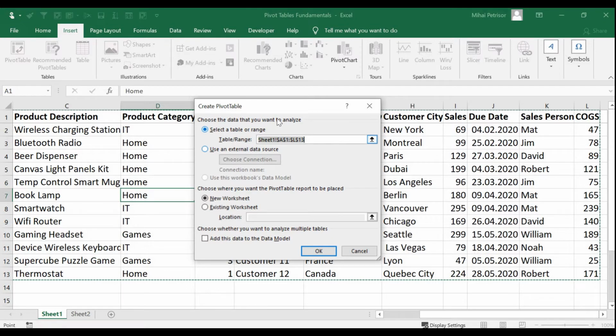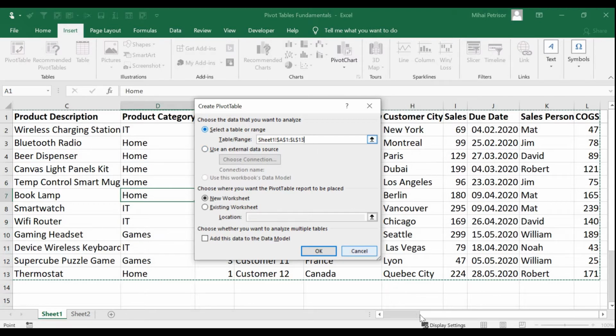In our case, we have a data range which is automatically selected, and in future videos we will see that we can use an external data source. But for the moment, let's create a basic pivot table.